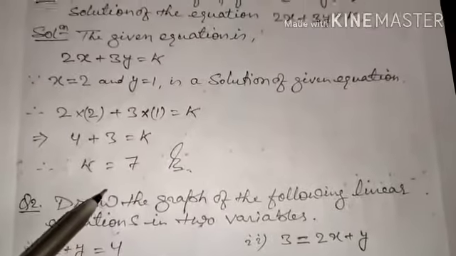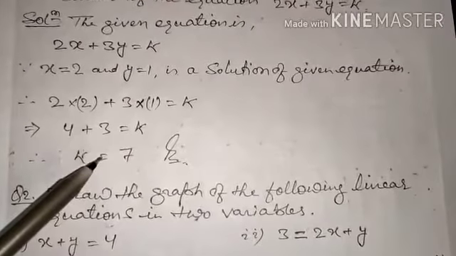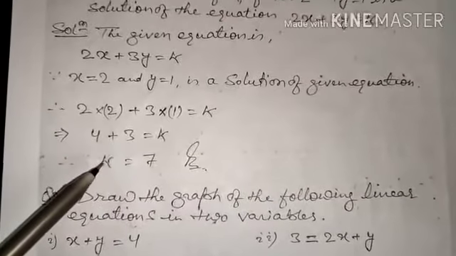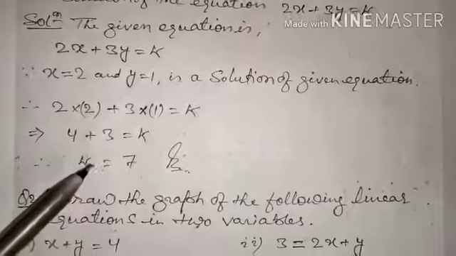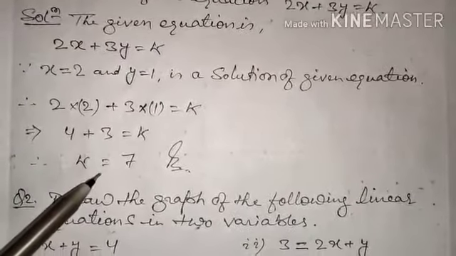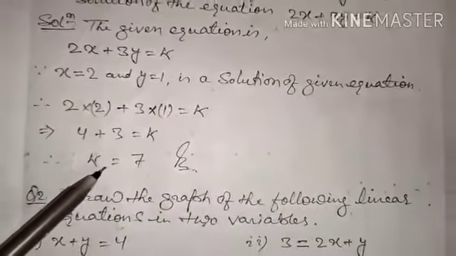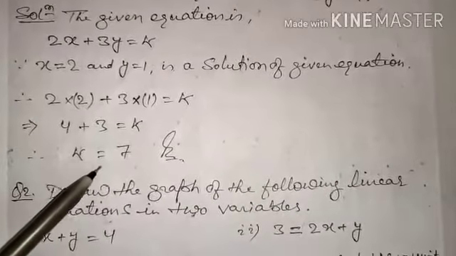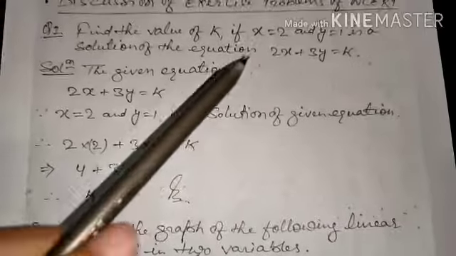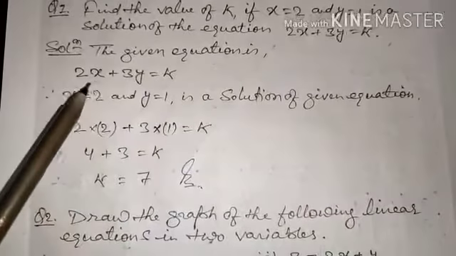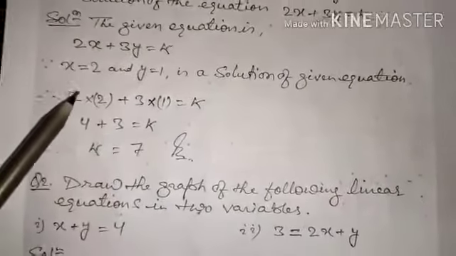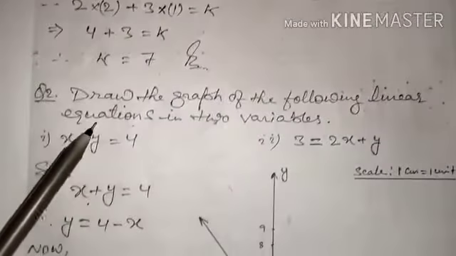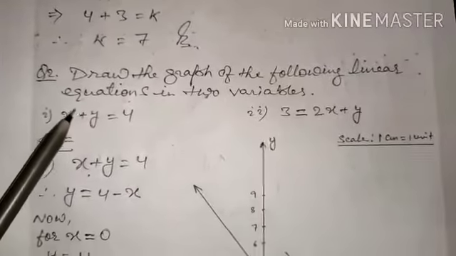So this is one of the very easy questions, but the concept must be clear to everyone. Some typical or difficult questions can also be set on this concept only, so you need to learn the concept. If the question says these two are the solution, then you need to substitute those values in the given equation, and then you can solve the equation to obtain whatever values it is asking you. I hope that question is clear to you.